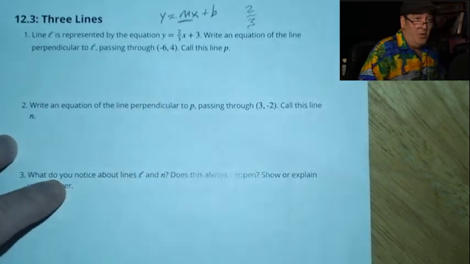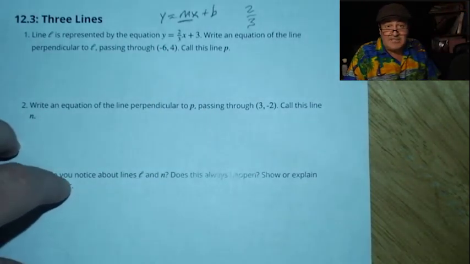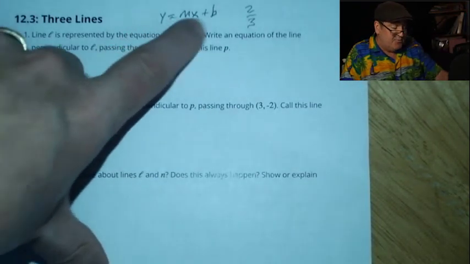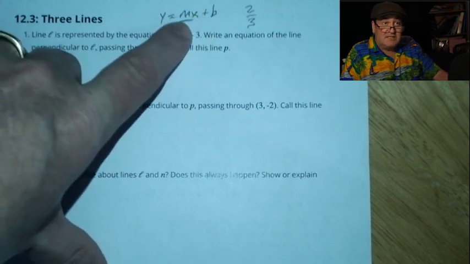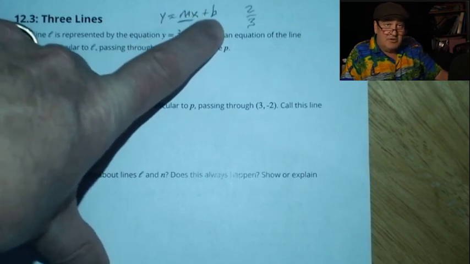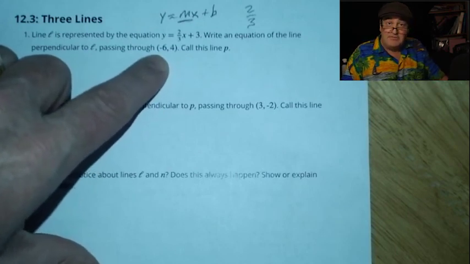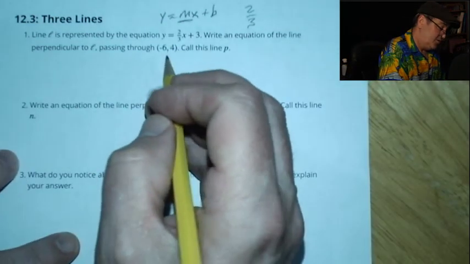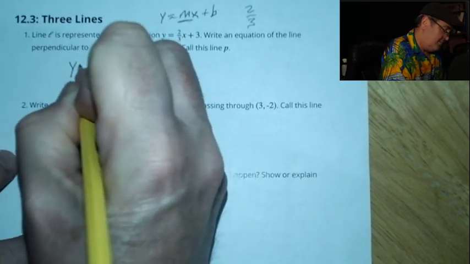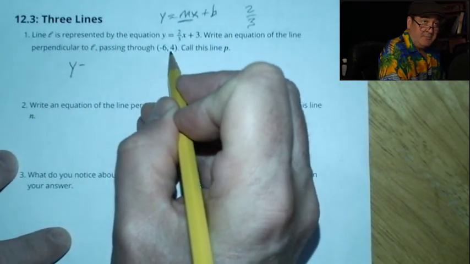This just gives us a point. That's not a point on the y-axis, so I would not want to use y equals mx plus b, because that uses the slope and the y-intercept, and we don't know the y-intercept. Let's use the point-slope version of a line, right? So that is y minus, what is our y? Our y is a positive 4